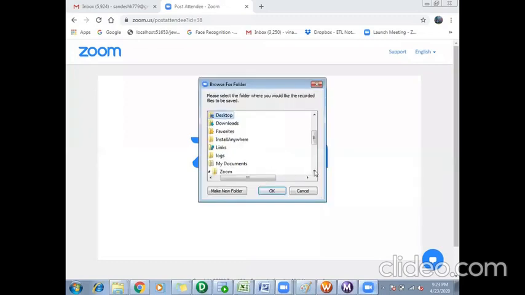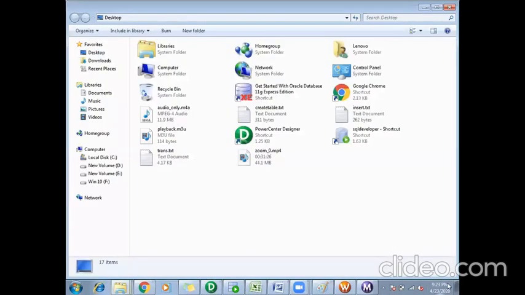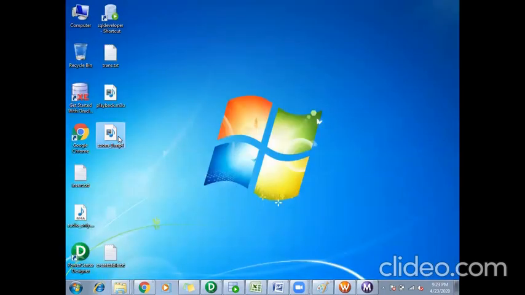Let me know, guys, once you are able to see the screen. I am sharing now. Are you able to see the screen, guys?